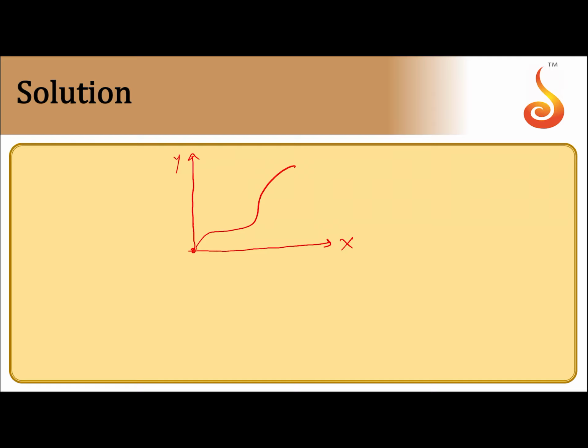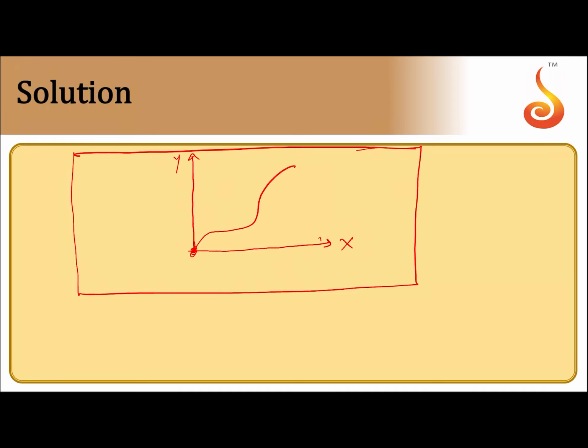You can just recall how an ant moves on a wall. So, this is a wall, and on this large wall an ant is moving, and this is the origin of the x axis and y axis. As the ant moves, it is moving along the wall and it is climbing up also, which means that there is a change in the position along the length of the wall and along the height of the wall. This is what we call 2D motion, two-dimensional motion.